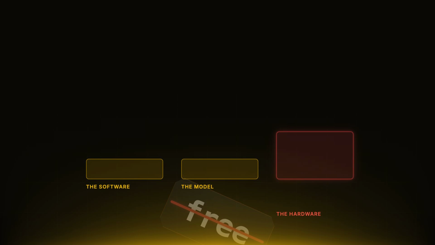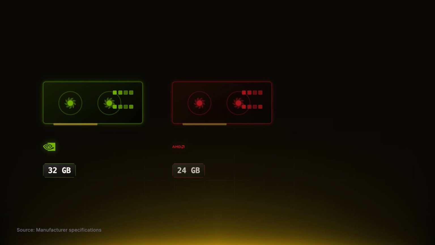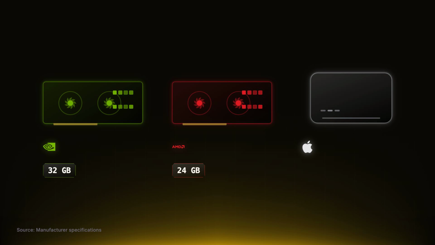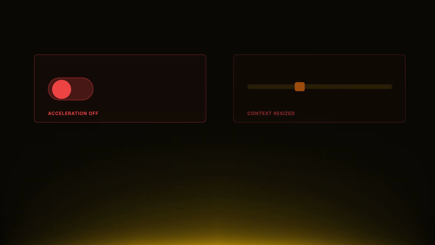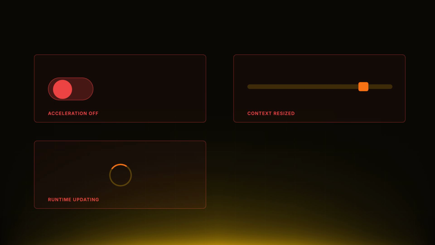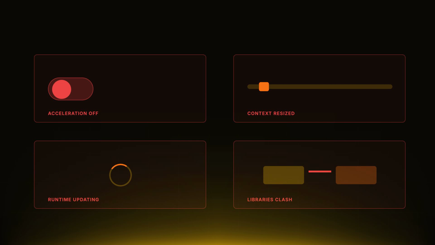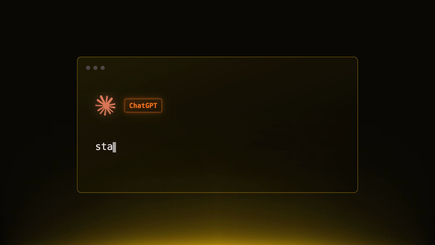Local AI is often described as free. It isn't. The software might be free, the model might be free, but hardware isn't. An RTX 5090 has 32 gigabytes of VRAM. A Radeon 7900 XTX has 24. High memory Macs can cost thousands. Then there's electricity. Storage: a large model collection can consume hundreds of gigabytes very quickly. And there's the opportunity cost of dealing with all of this yourself: downloading models, testing quantizations, figuring out why GPU acceleration isn't working, changing context sizes, updating runtimes, dealing with incompatible libraries. Meanwhile, you can subscribe to Claude, ChatGPT, or another cloud service, open a browser, and start